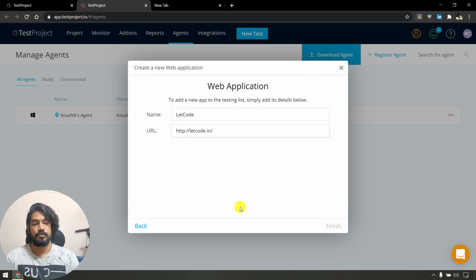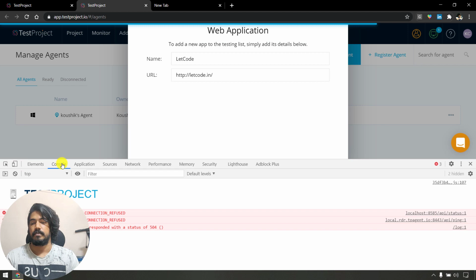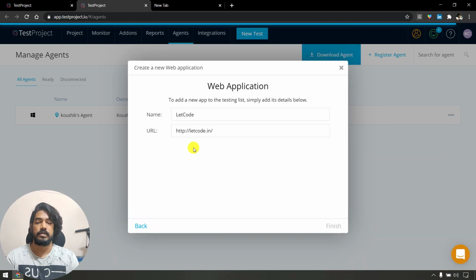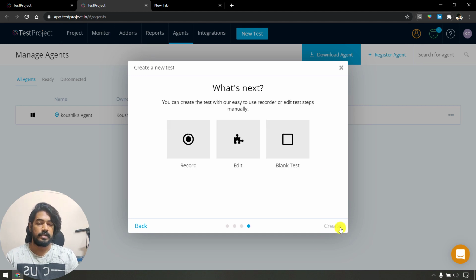Now what's it going to do? The UI actually looks good, very compact, I can say. Okay, I clicked finish, but I'm still not getting anything here. I don't know what's happening. Let's go to the console maybe. Some error. Okay, let's not worry about it, of course we are not testers of this application. I'm just checking if I'm getting some logs in the console. Let's click on next. What's next? I'll just click on record maybe.